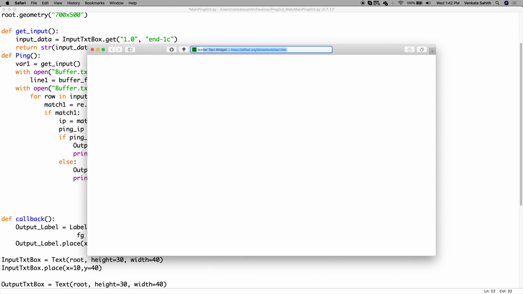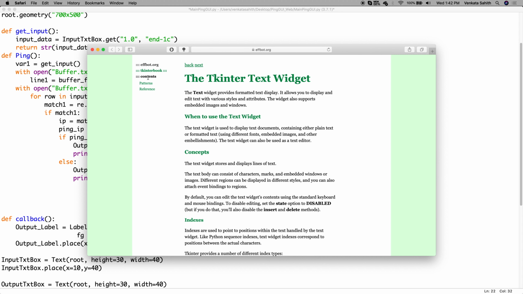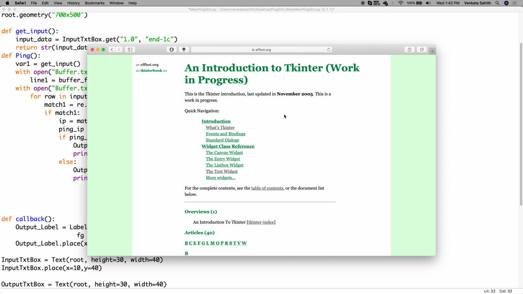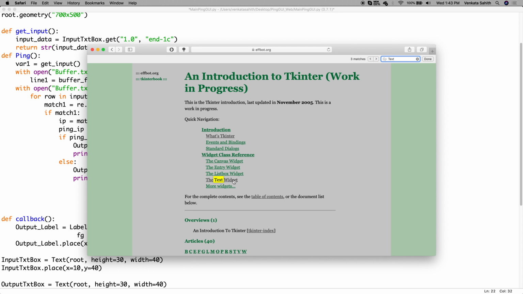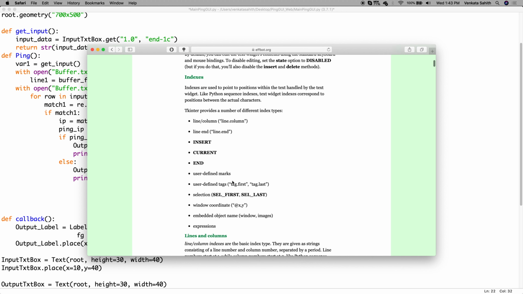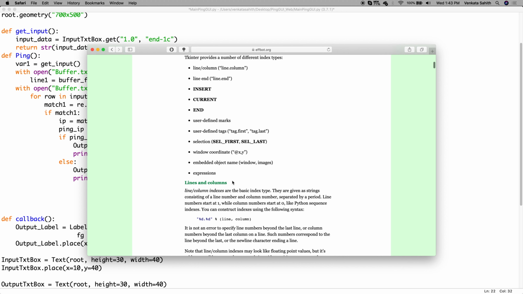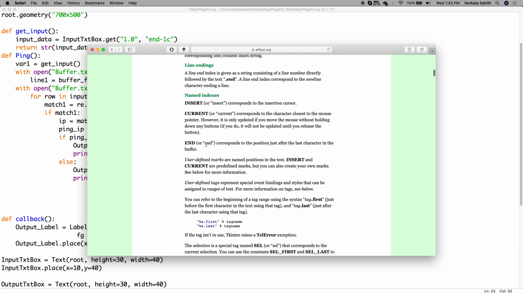It's funny. TK inter book search text widget. Oh, okay. So we have here end. Where is end? Okay. End corresponds to the position just after the last character in the buffer. So this is what it transfers. So it says it corresponds to the position just after the last character